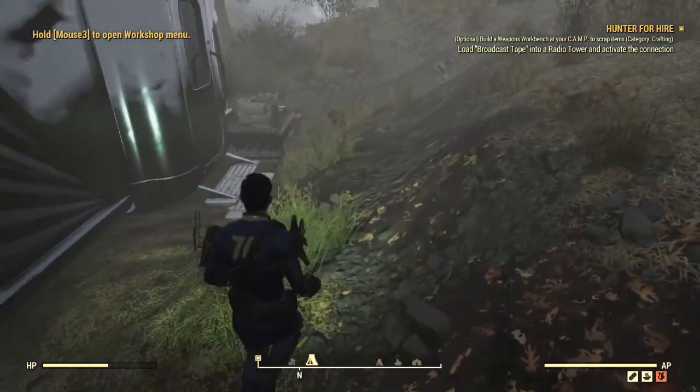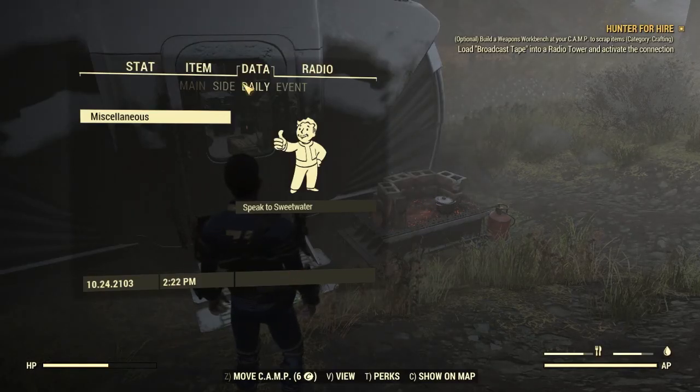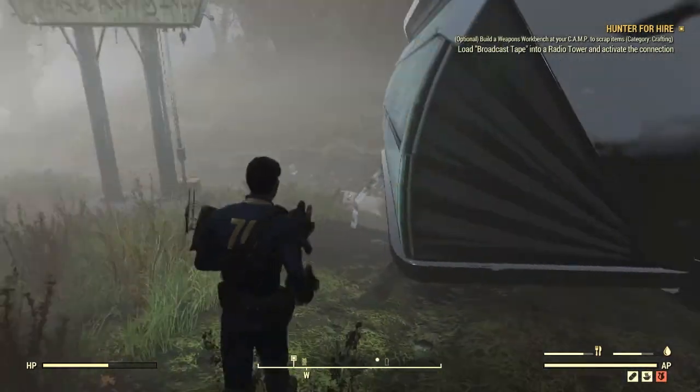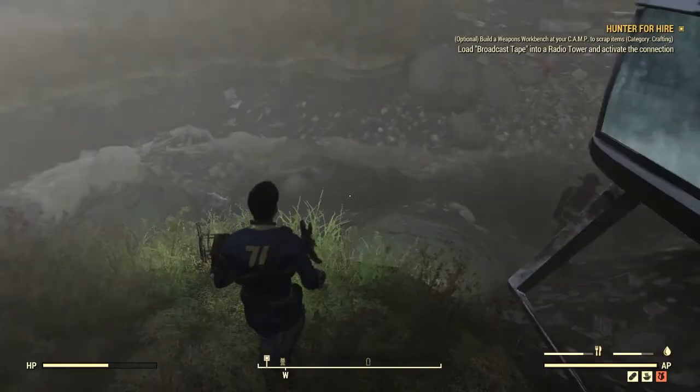Build a weapons workbench at your camp. I already have done that. Thank you. Now I gotta load a tape. Up there. There's a bit of a road, but I could probably...